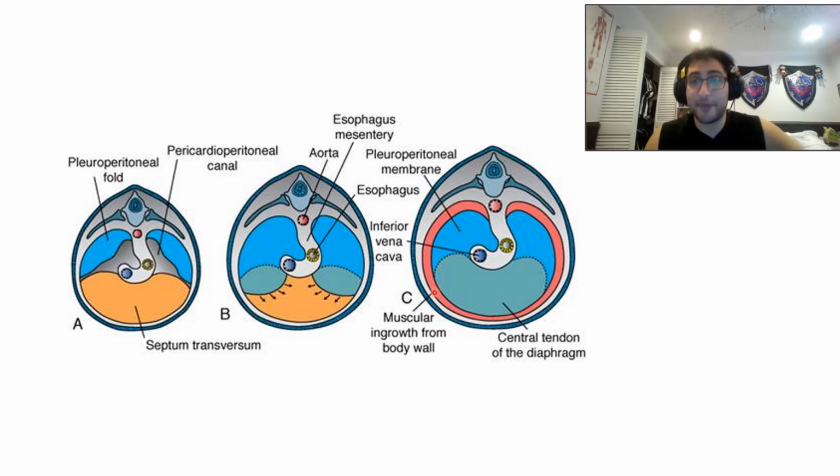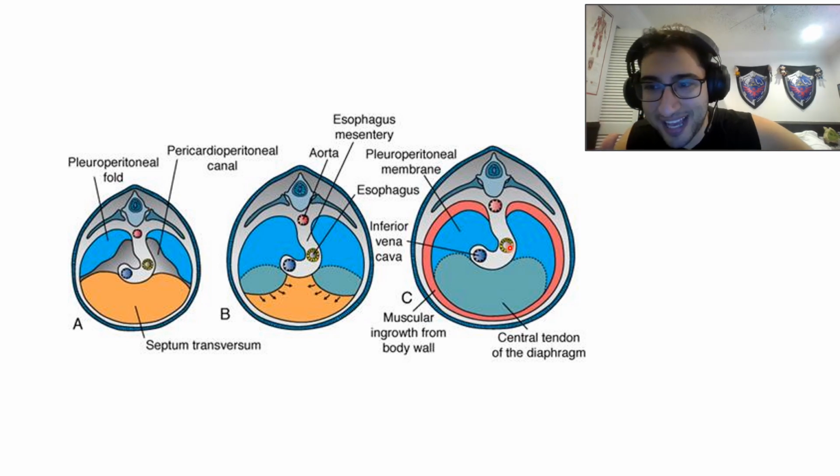pleuroperitoneal membranes are going to fuse and recruit myoblasts. Now these muscle cells, these myoblasts are coming from the cervical segments 3 to 5 of the